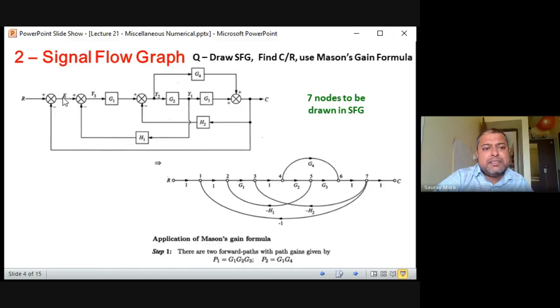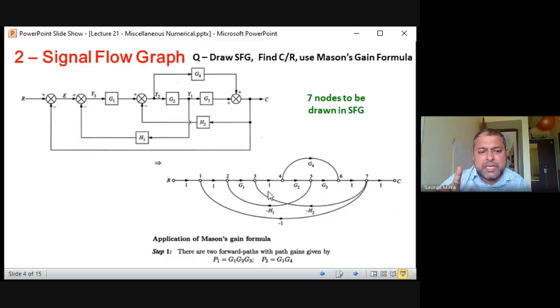Don't worry about this E. This E is a name of the signal, this is not the gain. Y3 is also the name of a signal. Y2 is also the name of a signal. Y1 is the name of a signal. They are not gains. Gains are given by G1, G2, G3, forward path G4, minus H2, because this is negative feedback, so this will be minus H2, and this is H1 minus, this will be minus H1. So there are four gain blocks, G1, G2, G3, G4, and there are two negative feedbacks, that is minus H1 and minus H2. So don't confuse E, Y3, Y2, Y1. They are not the gains. They are the names of the signals. You can totally exclude them or not write them in the signal flow graph.